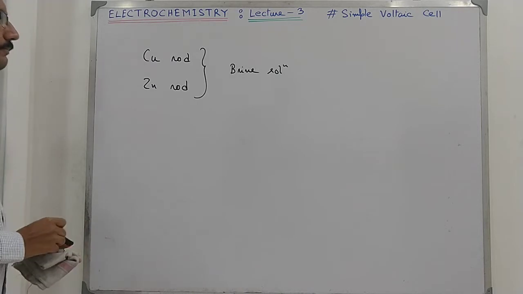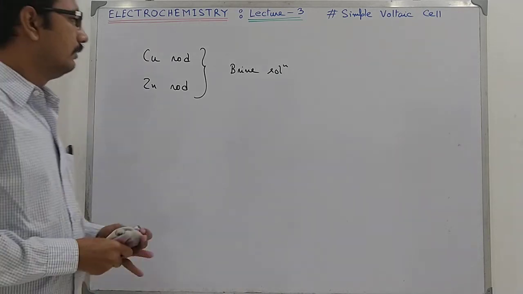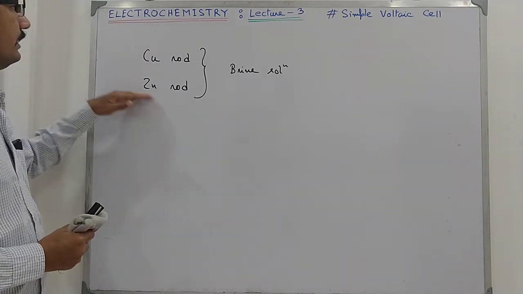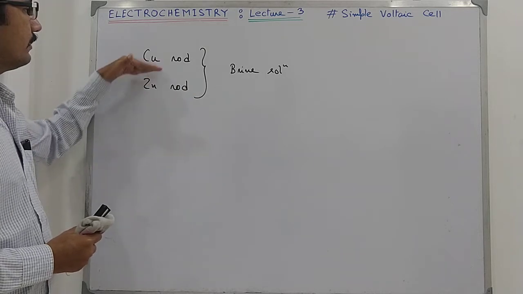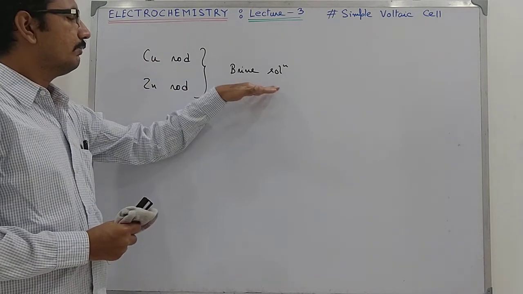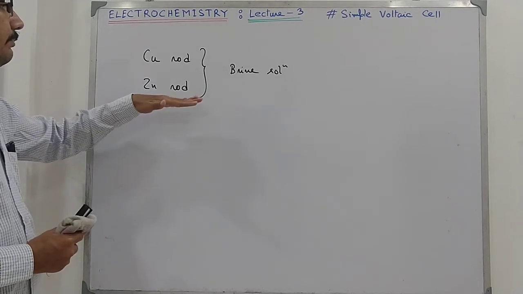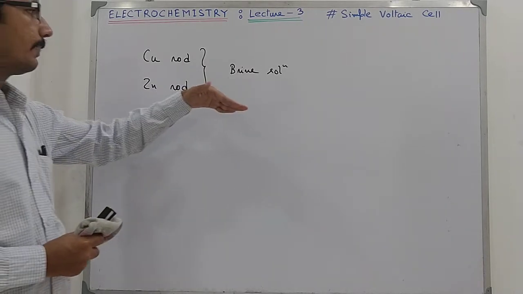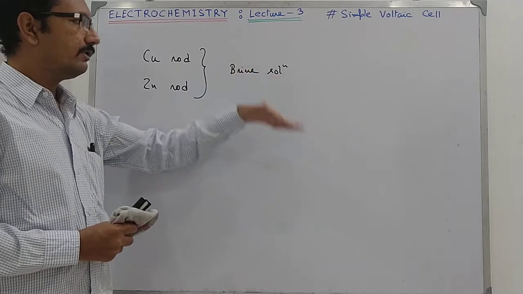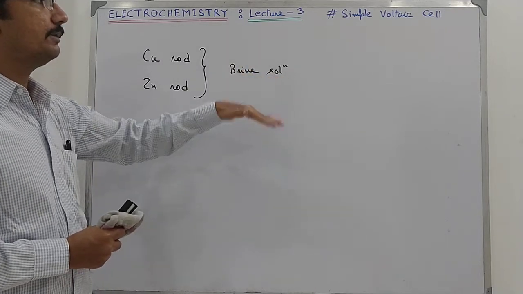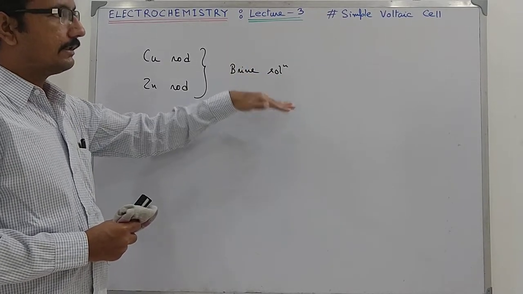Now what will happen when we use these rods in brine solution? We will come to it later on, but presently we will use the modified form of the voltaic cell